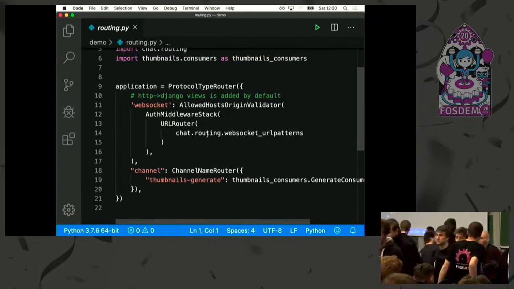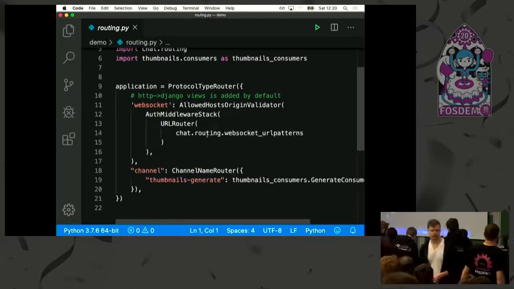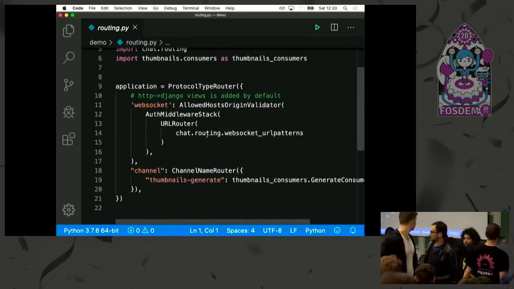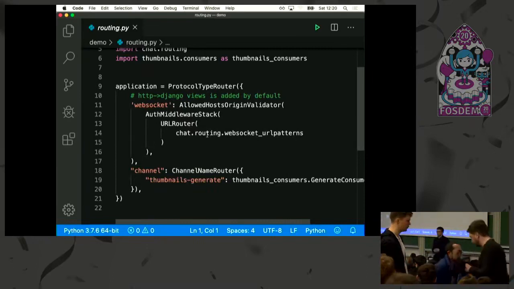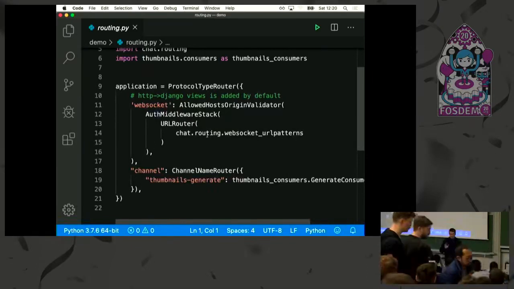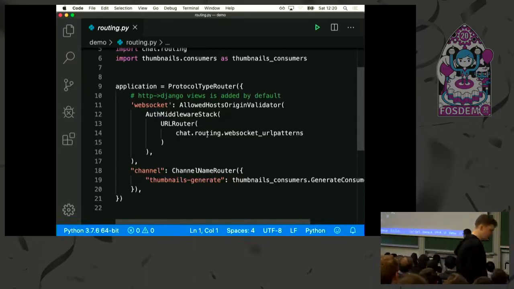No? Okay, so how does it work concretely? With Django Channels, you can define your ASGI application like that. Automatically, it will take your views, like your URLs, and handle them for you. And then you can add other kinds of workers. So for instance, for WebSocket, I want to validate it with origin, like the allowed hosts I have.